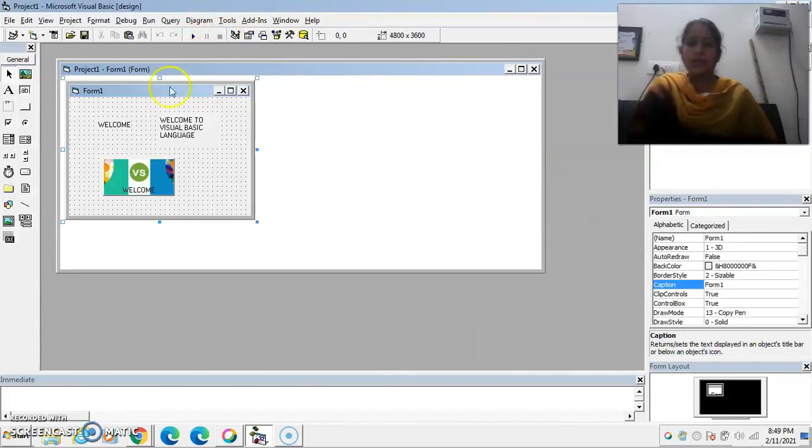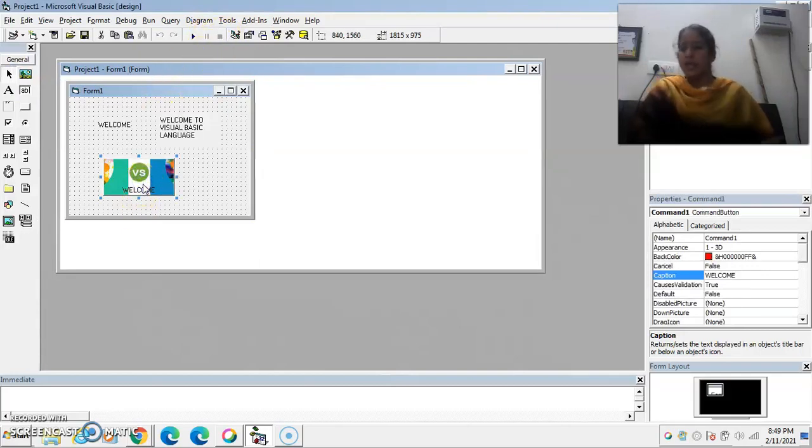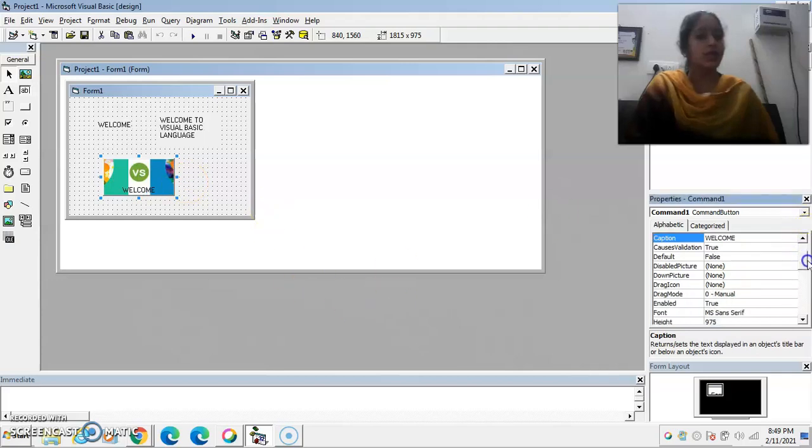Now the next property is the visible property. If you want your command button to be visible during runtime, then set the visible property to true. Otherwise, if you want your command button to be hidden, then set the visible property to false. I set it to false.